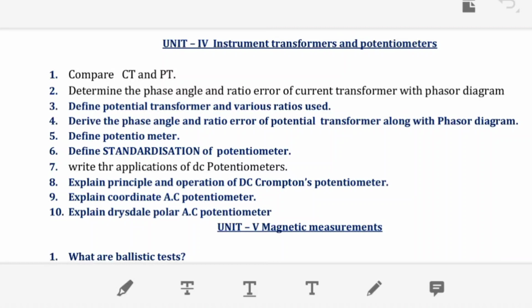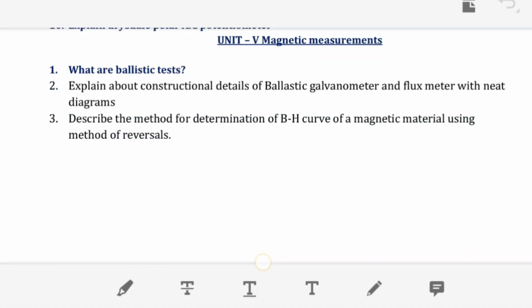Write the applications of DC potentiometers. Measurement of voltage, current, resistance, voltage drops, and power also we can do by the use of DC potentiometer, or calibration of PMMC instruments. Explain the principle of operation of DC Crompton's or AC potentiometer, coordinate or polar type. You will get a 5 marks or 10 marks question. 2 marks questions may come from these. If you know the 10 marks topics very well, you can easily answer 2 marks questions. Coming to Unit 5,